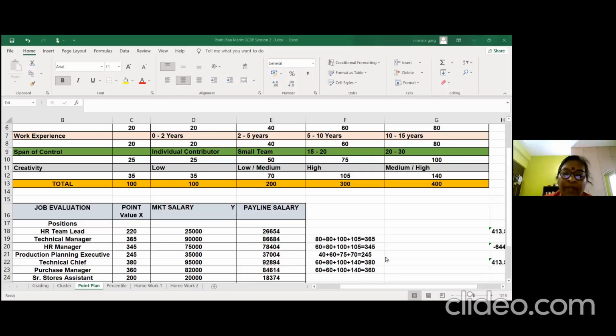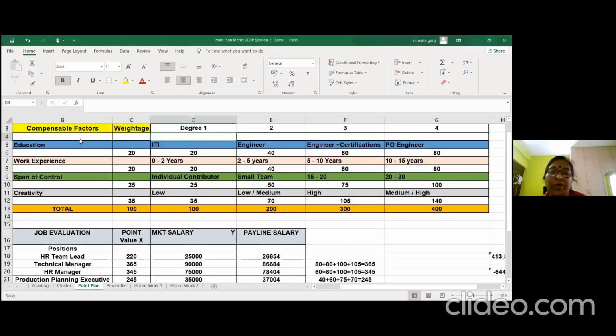So what are you going to do now for every position? Like Pratusha was mentioning, you are going to do job evaluation. When I say job evaluation, take the job description, and unlike job grading, you don't have to go vertically, but you can pick and apportion what the job requires with respect to education. For example, I'll show you. There is a position for a particular organization. I have looked at the job description for the same organization, this position, HR team lead.